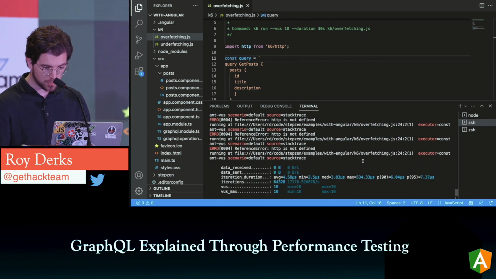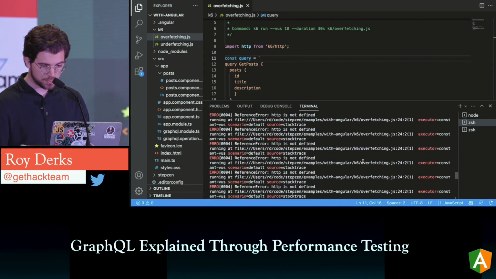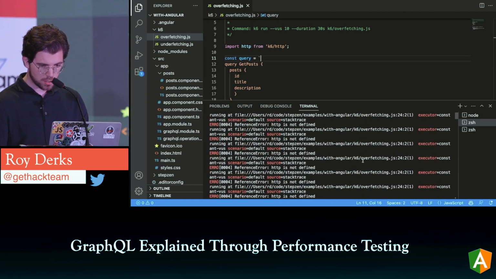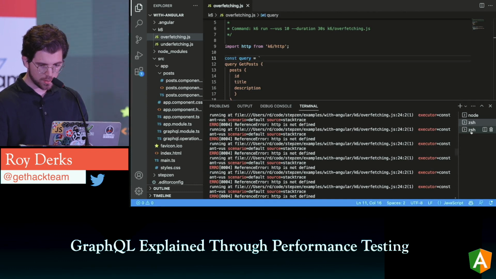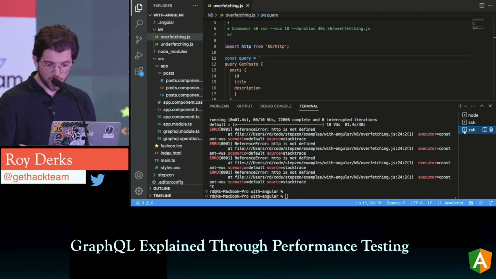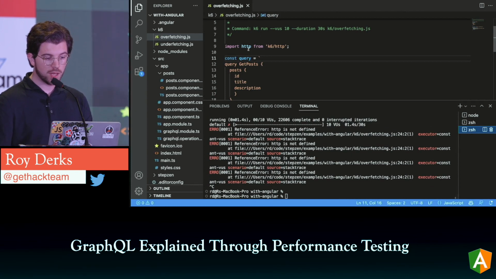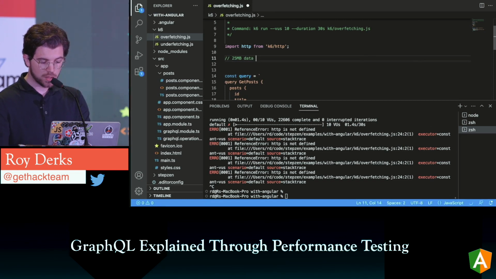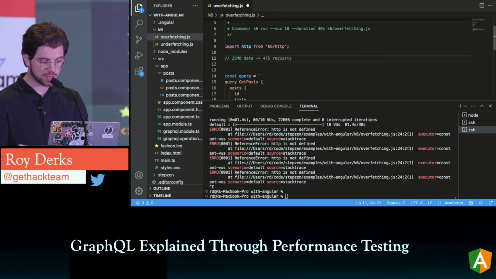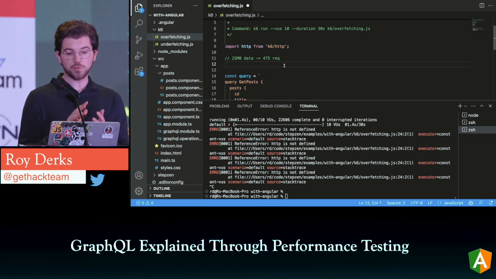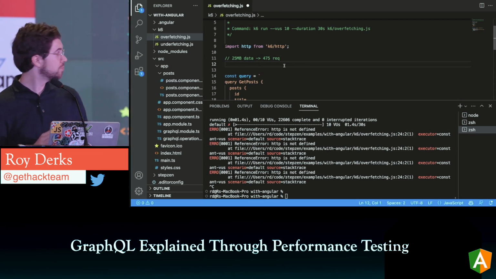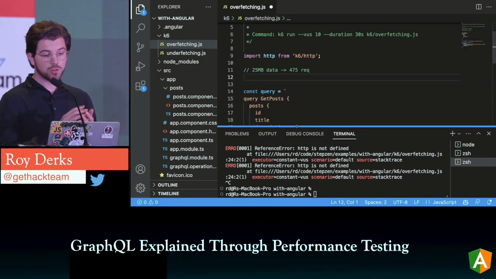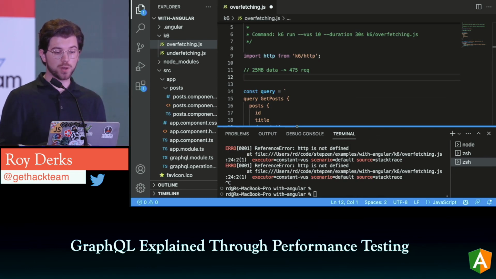So let me scroll up here to our results. It's a lot of scrolling. Well, we remembered it right. We had 25 megabytes of data being transferred for 475 requests, as you might remember. So let's try and see the difference. Zoom a bit more? Of course. So the previous request, we had 25 megabytes of data and 475 requests in total.